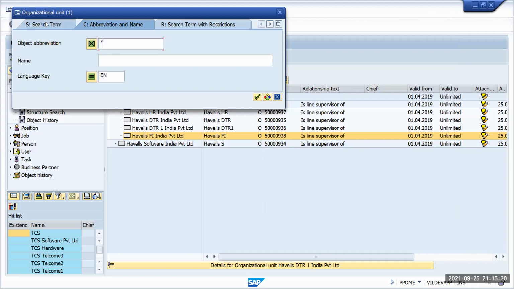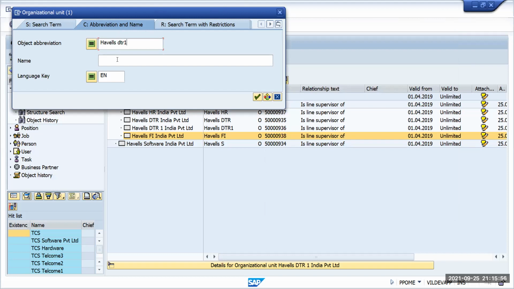Here, various ways. The best way is the abbreviation and name. Here you can write down the abbreviation. Suppose Havells FI. Or I have already, so Havells DTR1. Numeric 1.